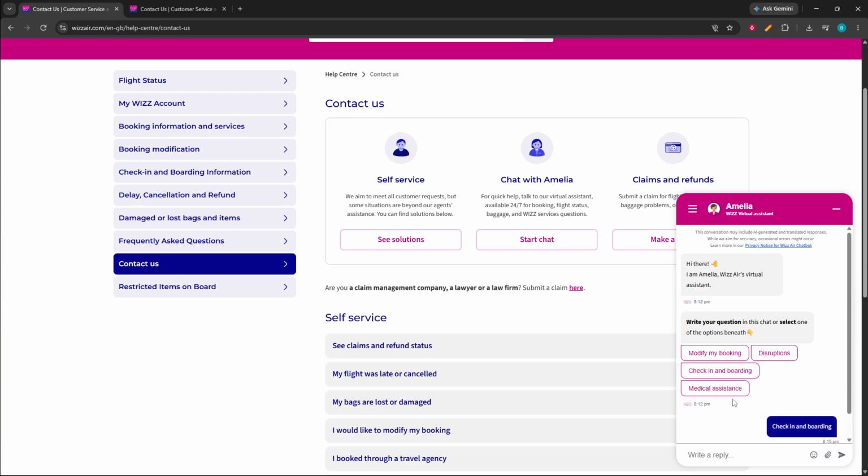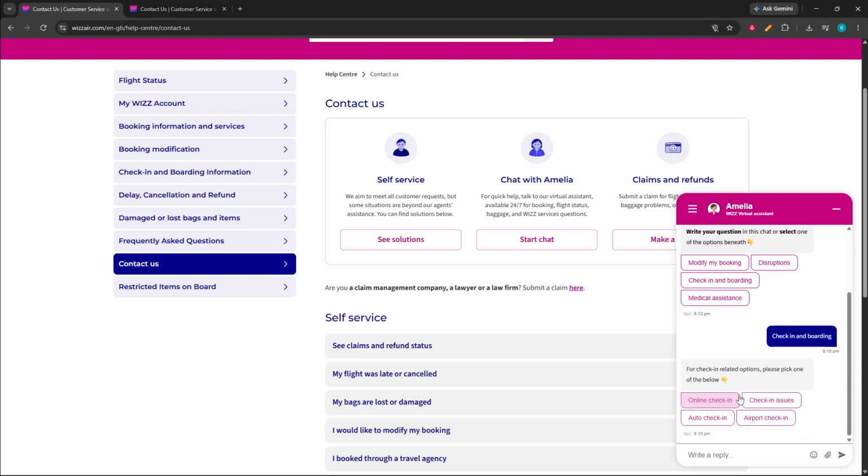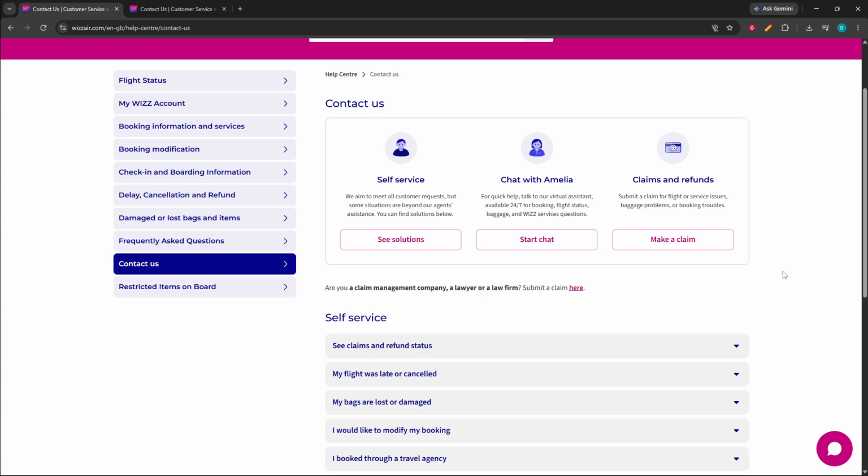For issues that are less urgent or that require supporting documents, use the contact form or email option that appears on the Contact Us page if one is available. This is often a good choice when you need to explain a situation in writing or attach documents related to